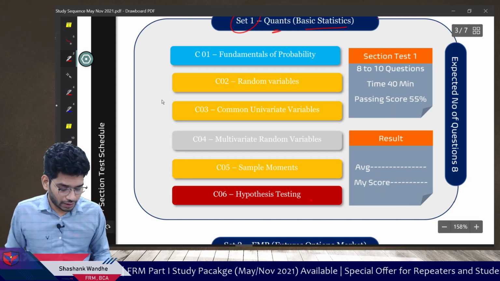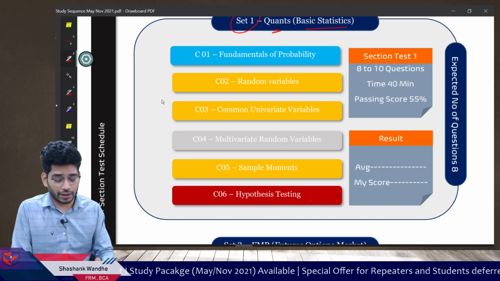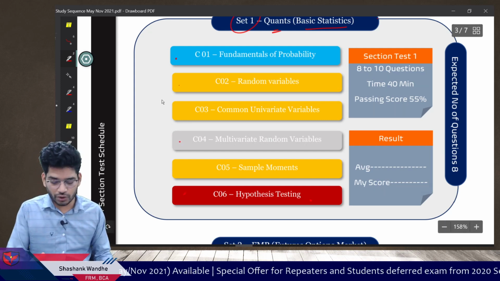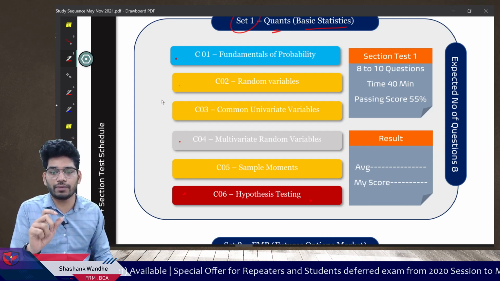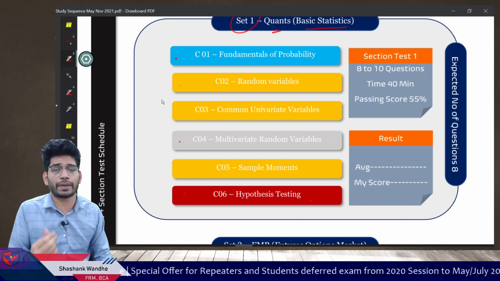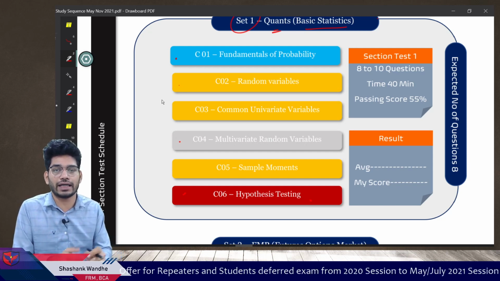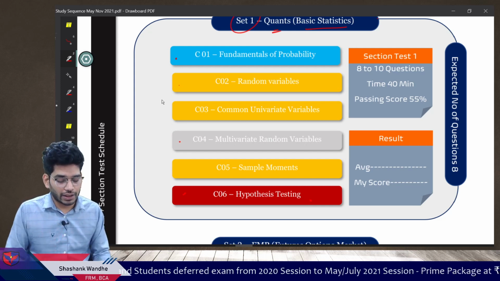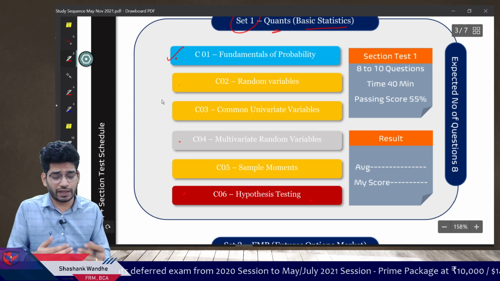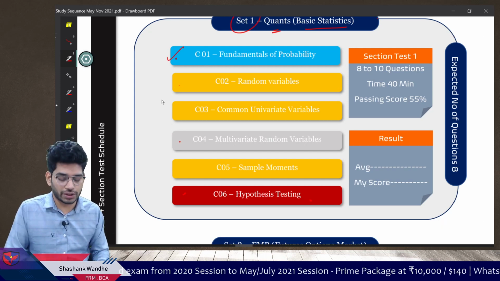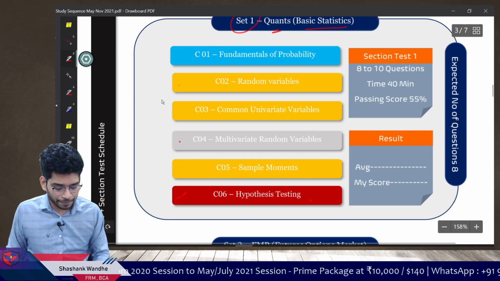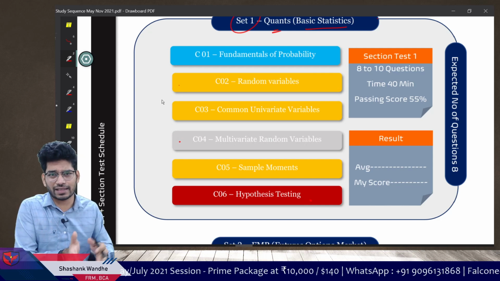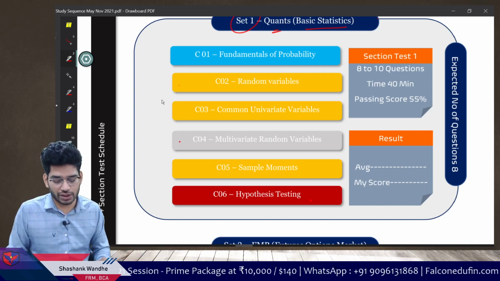Now let's understand what these color notations are: blue, yellow, gray, and red. Blue is the easy topic. Wherever you see blue for any topic, assume that topic is easy, and chances are you will get tested in depth. The questions will be very detailed and tricky. Generally, whenever the topic is easy, GAP asks slightly tricky questions. Whenever the topic is difficult, GAP prefers to stick to the basics. In some cases GAP might ask tricky questions, but generally it sticks to the basics of it.